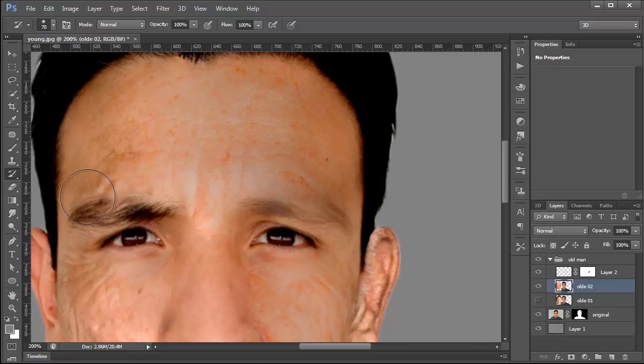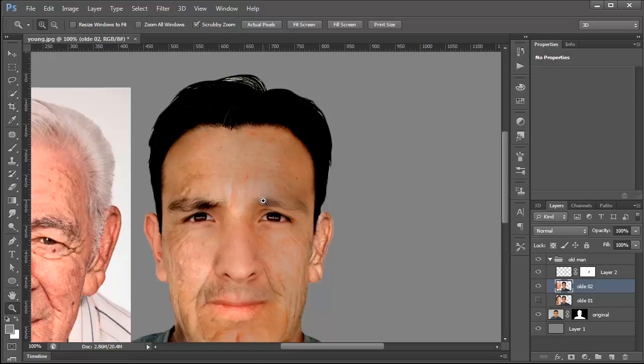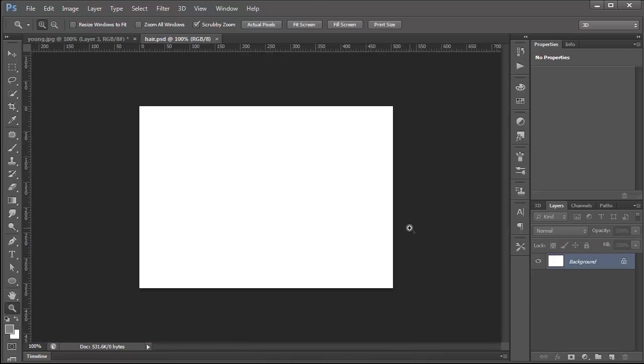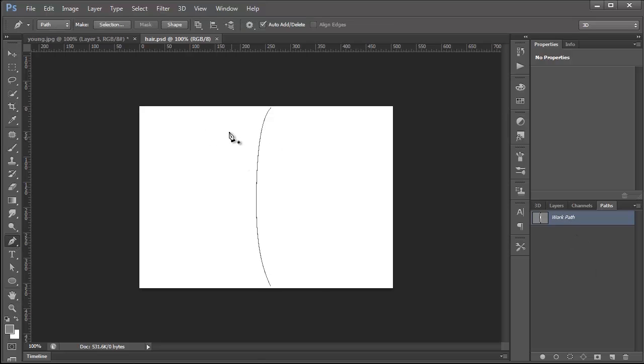Then I will do the same thing for both eyebrows, and I would draw in some new eyebrows with white hair. Now the way I'm going to do that is I created a new brush, and let me show you what that looks like. I created a brush out of this path. All I did is I created a path that looks like a hair strand using the pen tool. Then I took that path